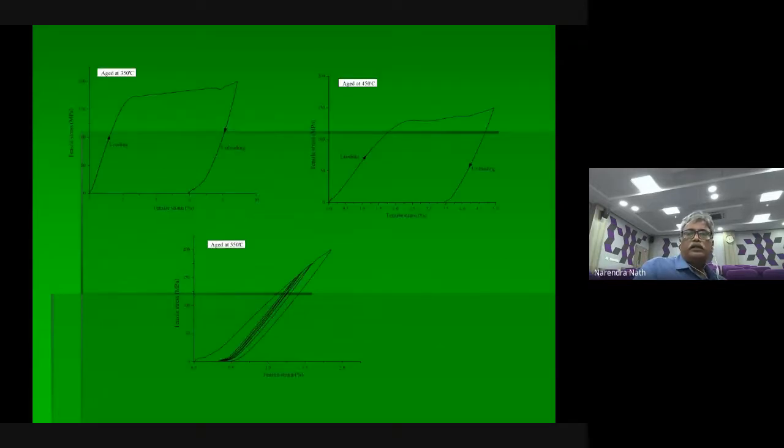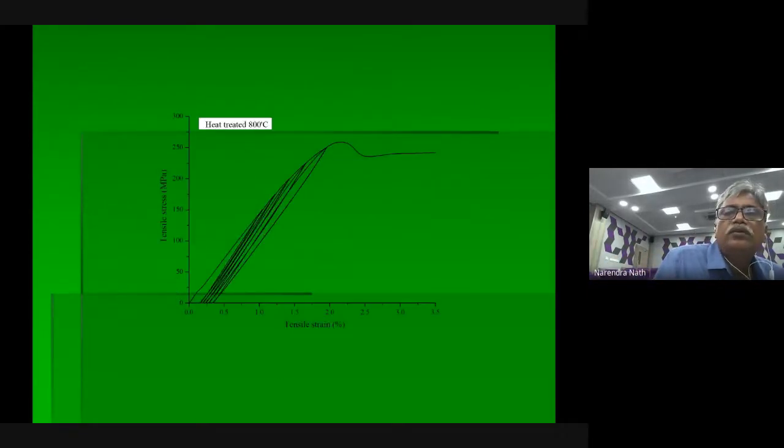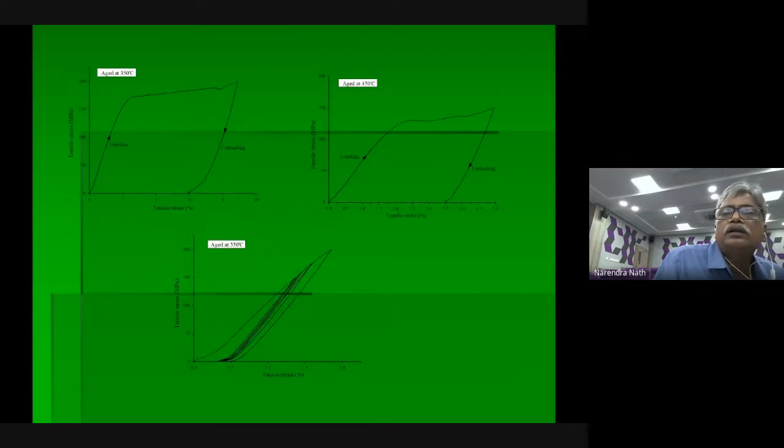So this is heat treated. See here, these are the temperatures. In previous cases, there was no flat region. Here you see, this is the flat region. So now, this much strain we are talking about, actually it should not come like this. It should come like this, because in one cycle, if this is the amount of residual stress, nobody will accept that. This is, I said, the limitation of the equipment.